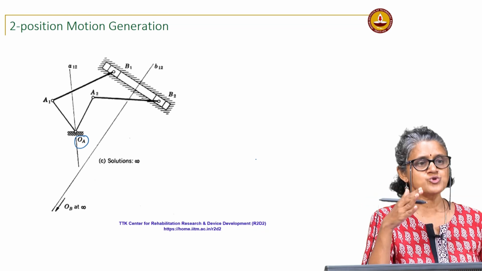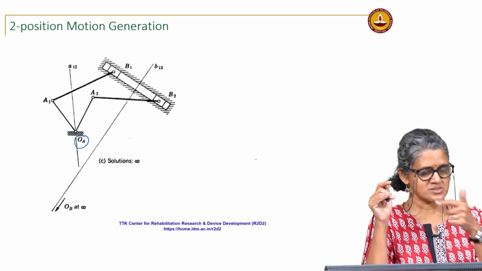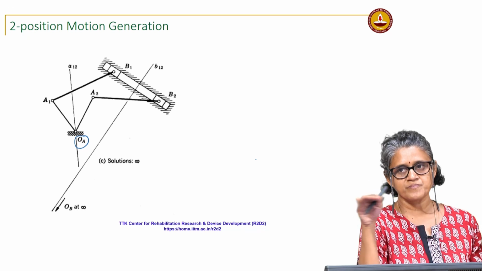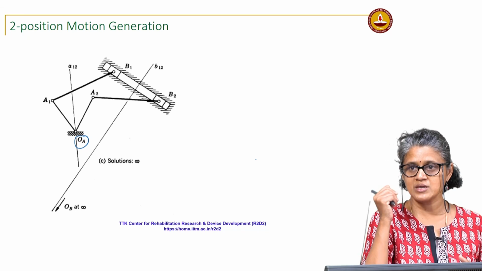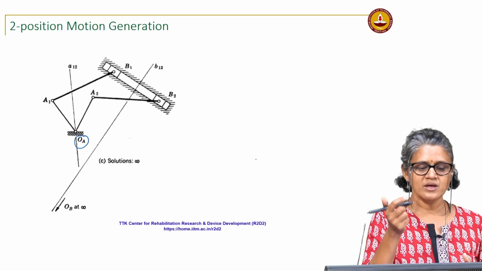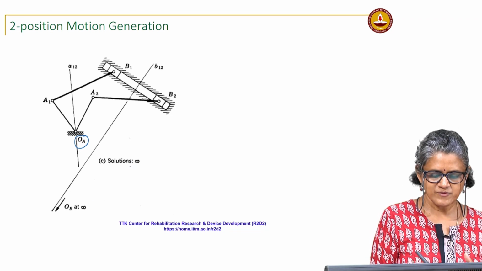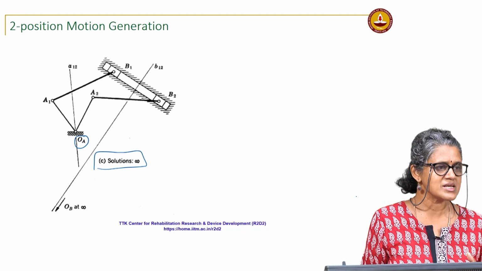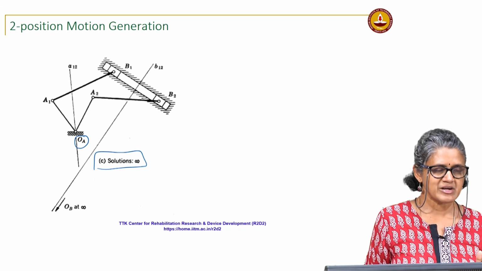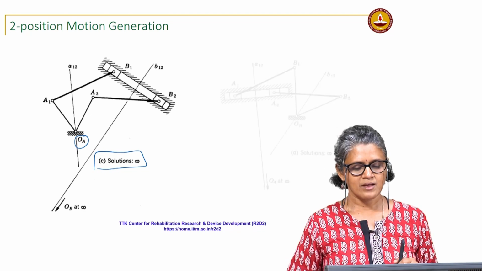Okay, B1 to... if I choose to do this with a slider crank, then my slider path is fixed because the pivot for that is at infinity. Earlier I had an infinity of solutions when I could take a finite location for the pivot. Now I have only one solution, which is at infinity. So, that becomes a straight line. So, I lose the choices in terms of that. So, the number of solutions that I have is an infinity of solutions based on where I locate the pivot OA. Okay. I could also do the other thing, I could instead make A1 A2